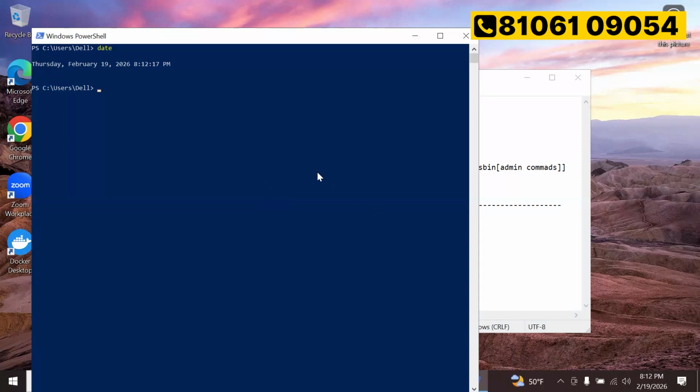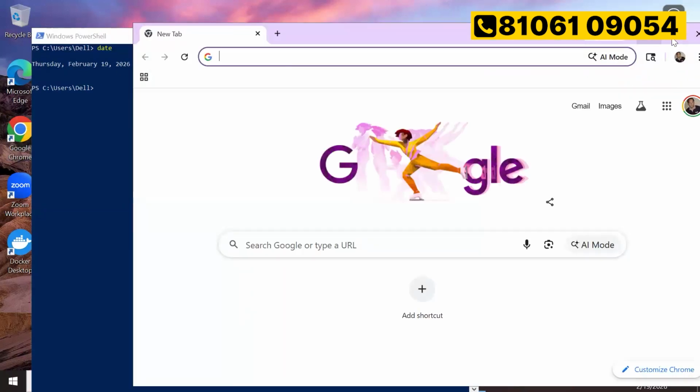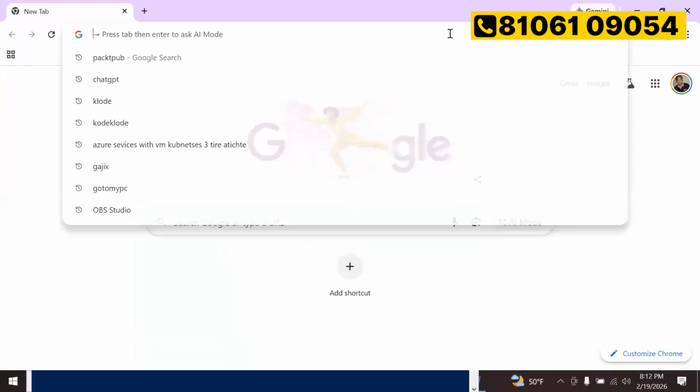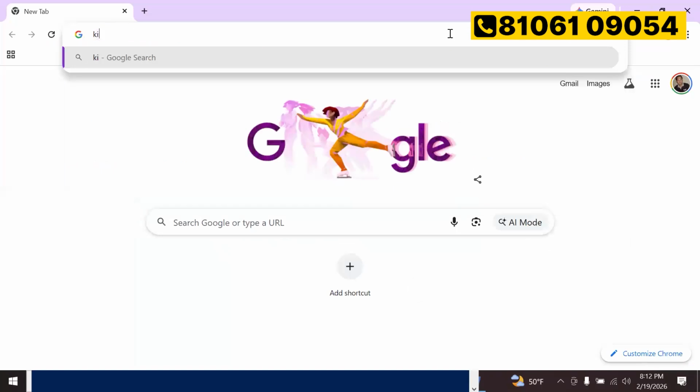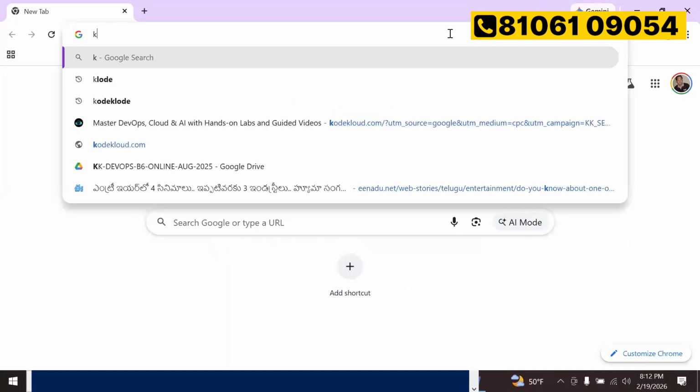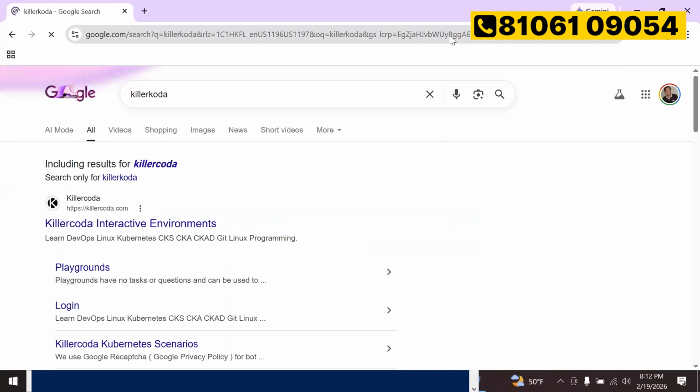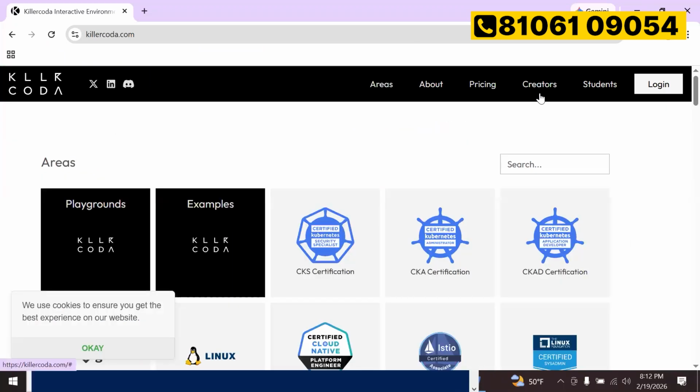Before going further, I'll give you some input to practice all the sessions we learn going forward. You can create an account in KillerCoda. It is open source. Create your account in KillerCoda and start practicing.